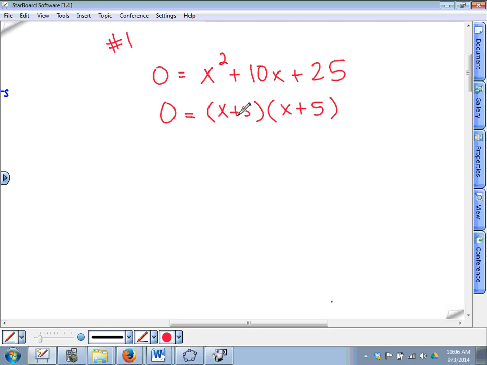You take each factor, set it equal to 0. In this case, they're both the same. So you're really going to get one solution here. X equals -5. Now, if we were talking graph here, I'm not asking you to graph these, but if we were to